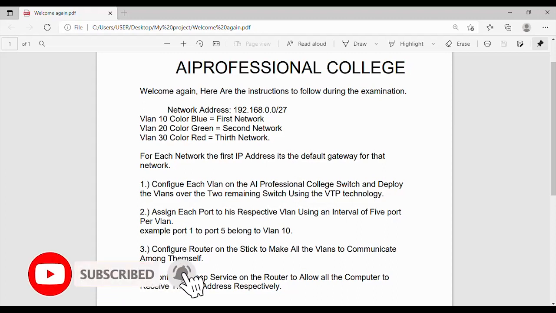In this video we are going to solve an examination question from AI Professional College. It says welcome again. Here are the instructions to follow the examination. The network address is